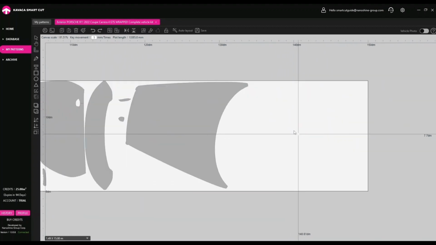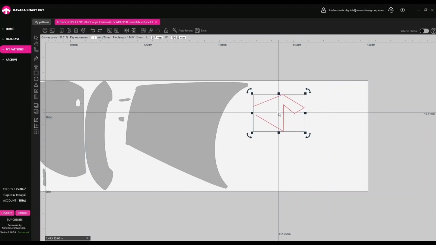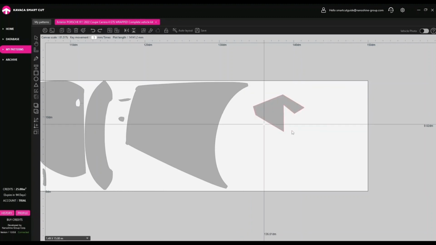Use the Pin tool to draw a custom shape. Press the left mouse button to set the first point. Draw lines by clicking the left mouse button again in the places where you need to set new points to change the direction of the line. Double-click the left mouse button to complete the shape. To connect the first and end points, click on the Generate to Polygon tool. Your shape is now ready to be cut.